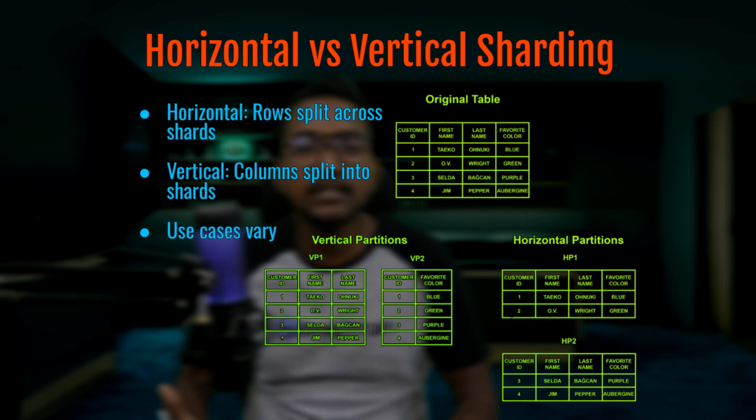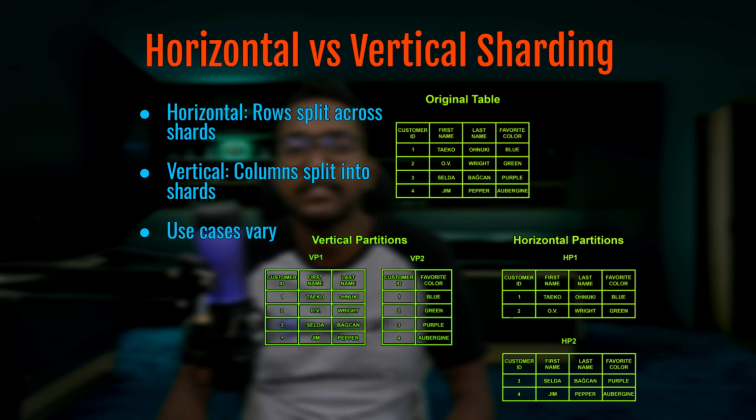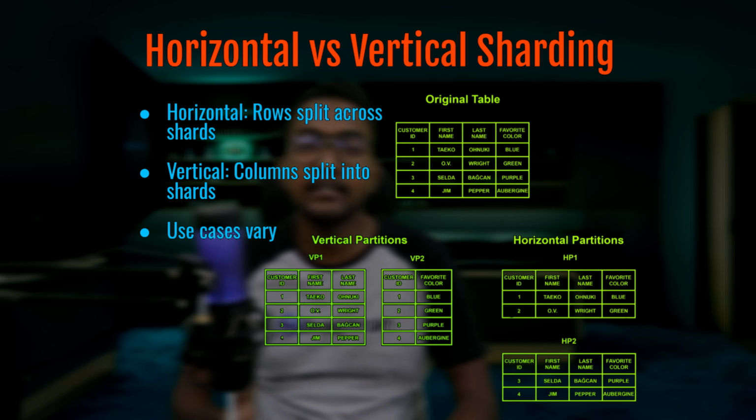This approach is ideal for handling large data sets where rows grow significantly over time. So it distributes the load evenly and ensures that no single server becomes a bottleneck. Horizontal sharding is widely used in applications like social media platforms or e-commerce systems where user-specific data is vast